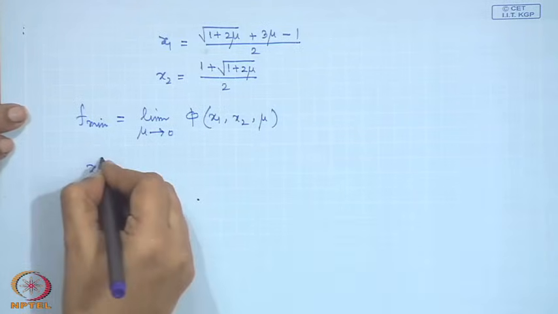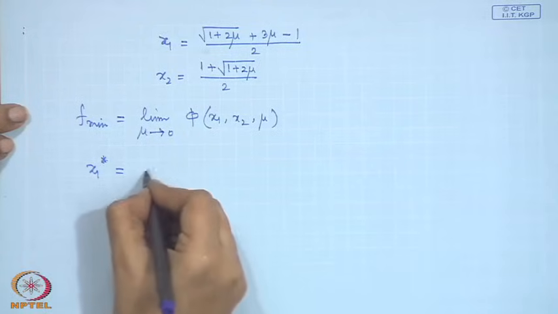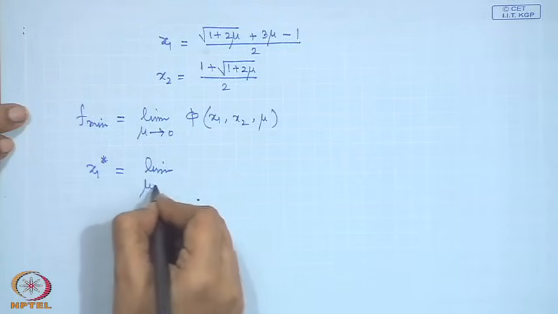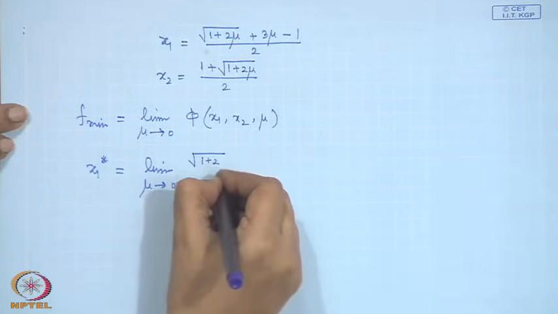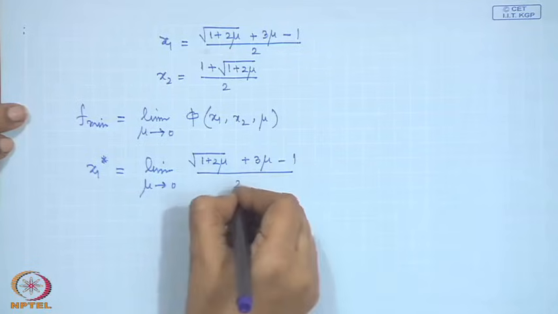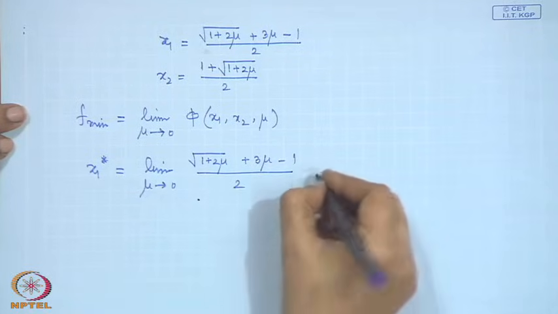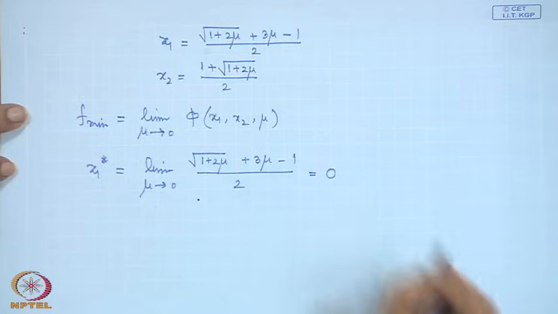Similarly, we will get x1 star, that is the optimal solution of the original problem, as the limit of mu tending to 0 of this value, (1 plus 2 mu plus 3 mu minus 1) divided by 2, and this value will give us the value for x1 as 0, alright,